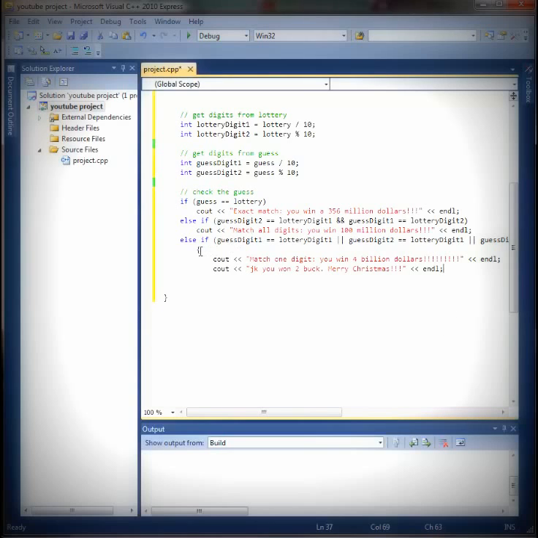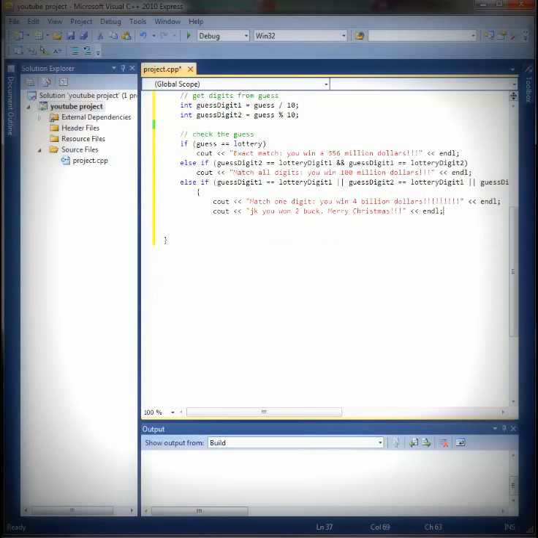Alright, and you're going to need these brackets here, so don't forget those when you're writing your program, or your next phrase won't compute properly. Alright, then else if. So this is the else, the last one. This is if you don't guess anything, and it says, oh my goodness, I won $10